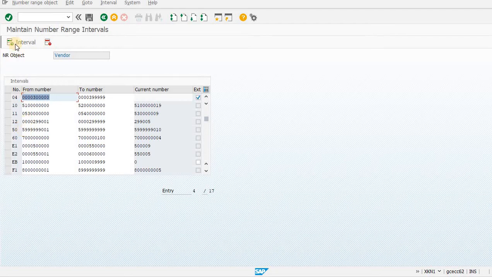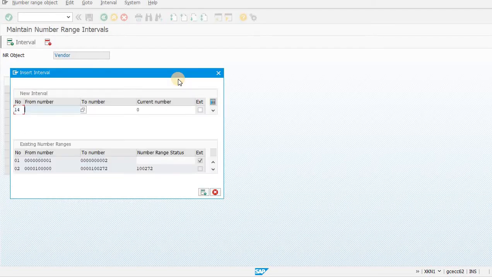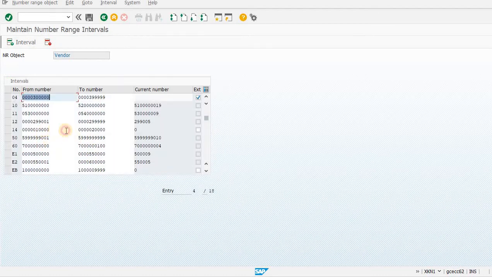Okay, we are going to use 14, from 10000 to 20000. So this is the number range 14 which we have created for our vendor. Now save, back.